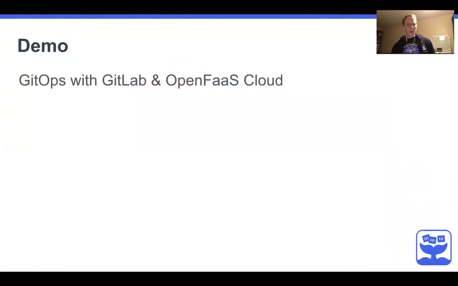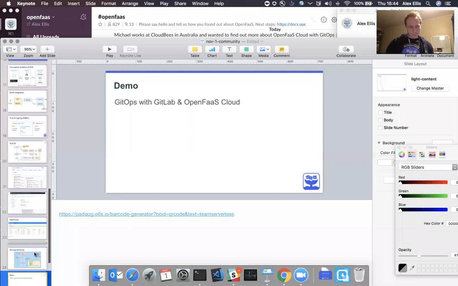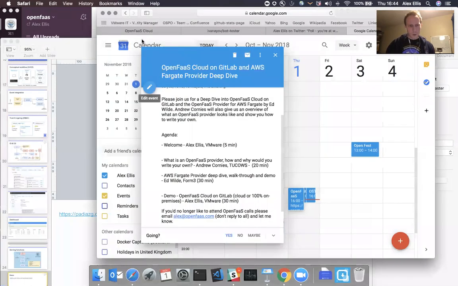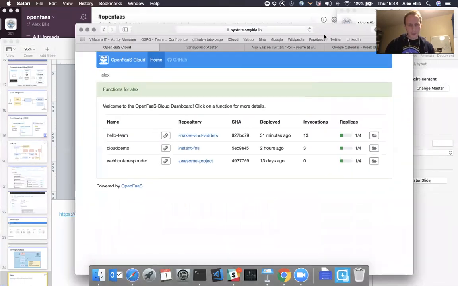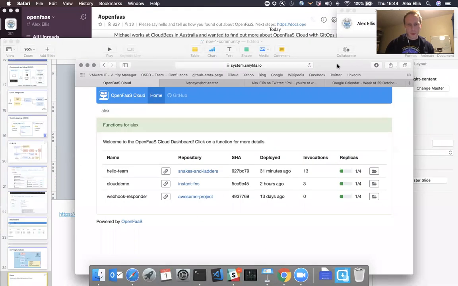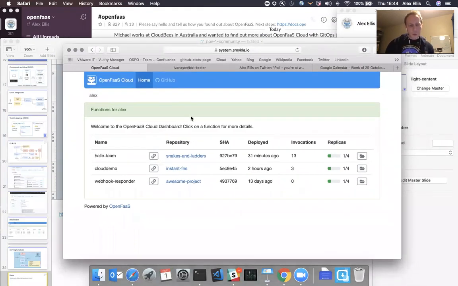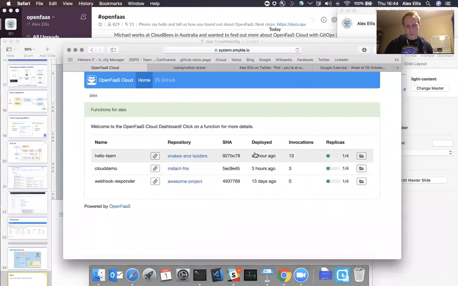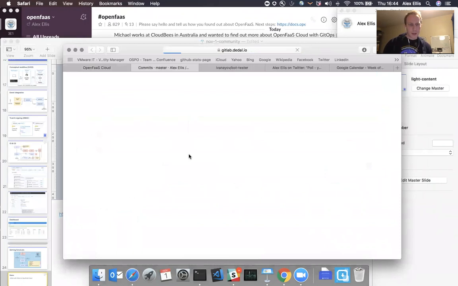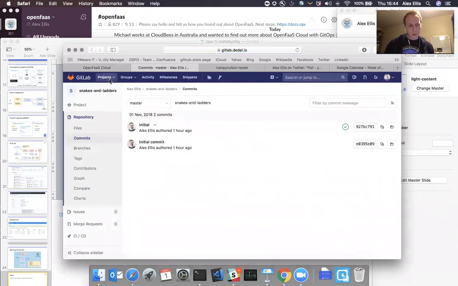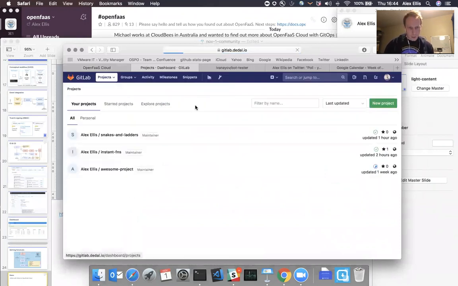So I'm now going to give you a quick demo of how GitOps looks like with GitLab. We have a cluster set up separately, and this one is my current dashboard. You see I have something deployed about an hour ago. What I'm going to do is get myself into GitLab. This is one that we've deployed locally, and we'll start a new project.